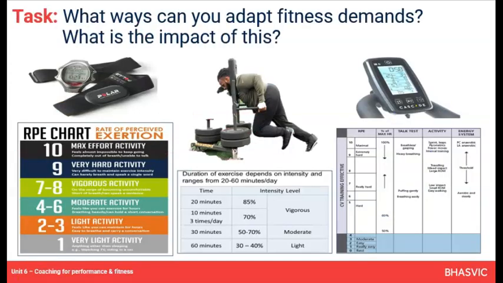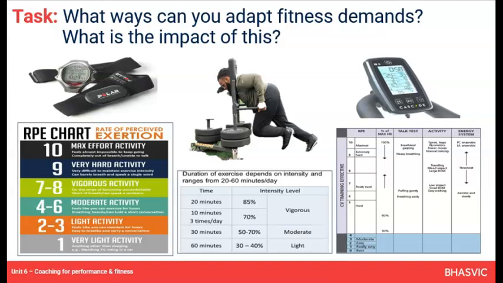Okay, the penultimate way in which coaches can adapt practicing situations for performance and or fitness is obviously to manipulate how much demand there is physically and physiologically on the performers, and the impact it has on them. Broadly speaking, if your players get fatigued, it could be that their skill level drops. That said, they need to learn and practice and get better physically to become fitter so that they can perform at a higher intensity and still play well. Now, in training sessions, you might want players to work at different intensities. If you want quality, it might be at lower intensity. If you want fitness, it might be at higher intensity.